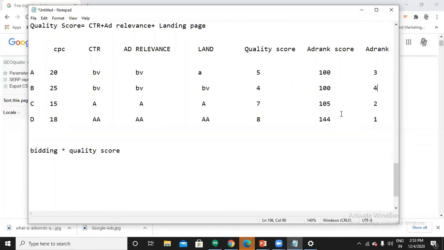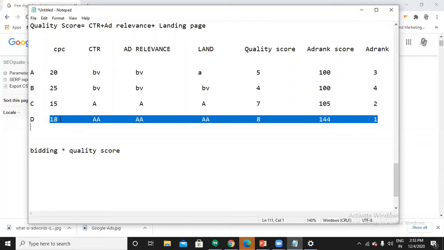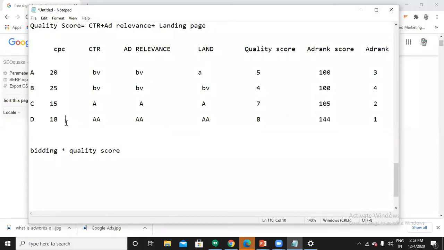So now by this, what can you notice over here? Compared to the 4 competitors, the D advertiser's bidding is very low. And why is his ad on top? What's the reason? Because of the quality score. His quality score is very high when compared to others. So that is what you need to remember.